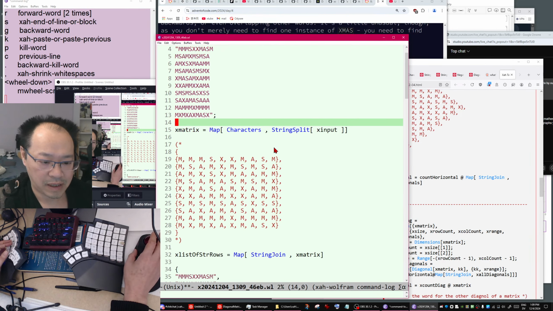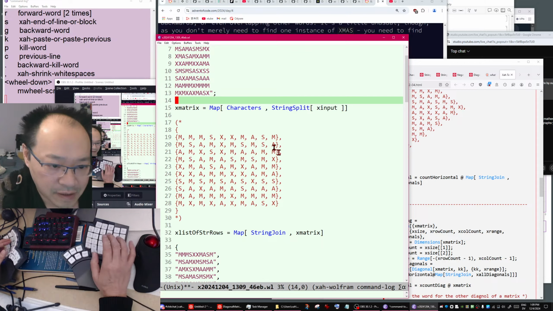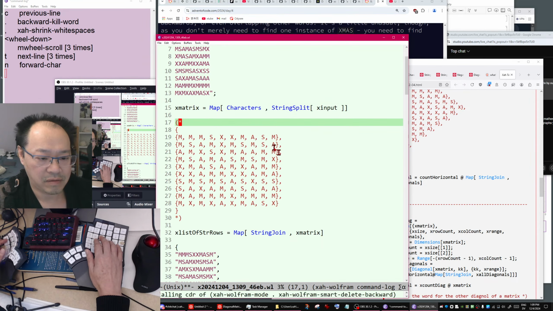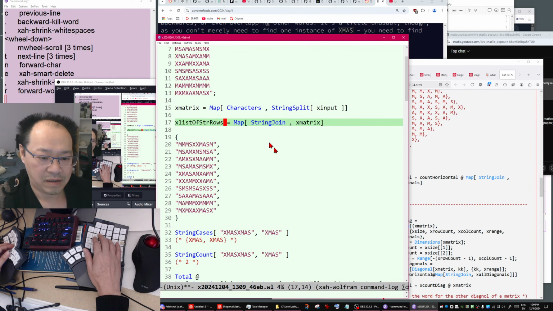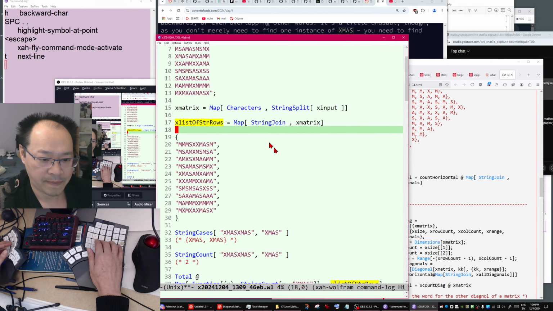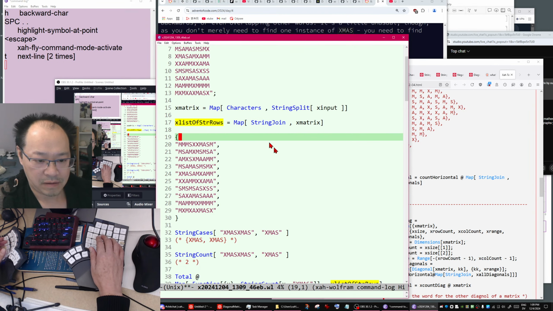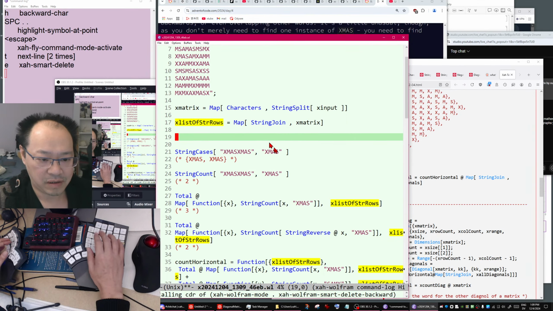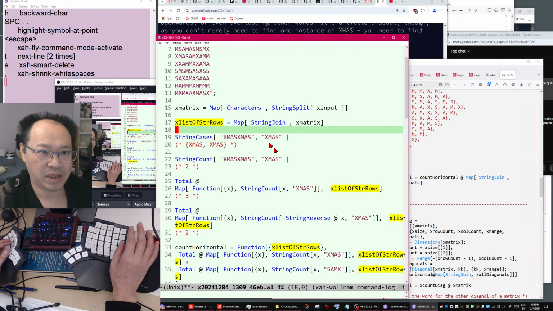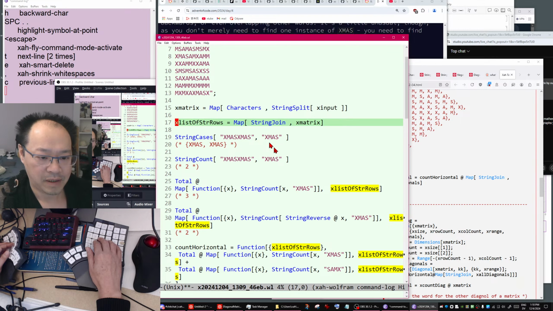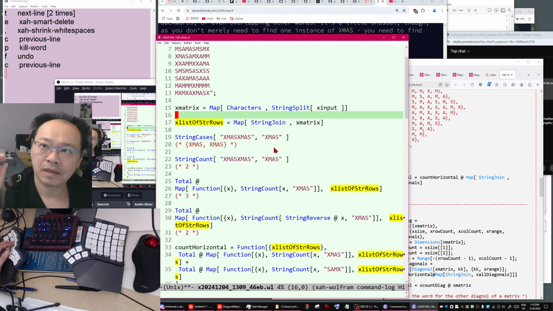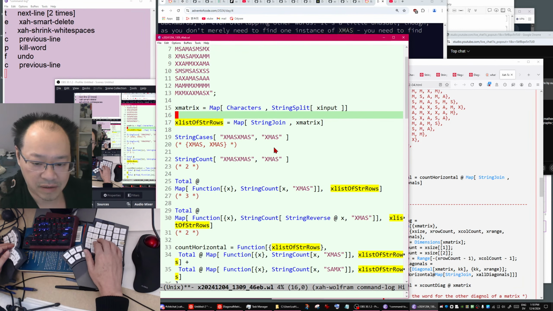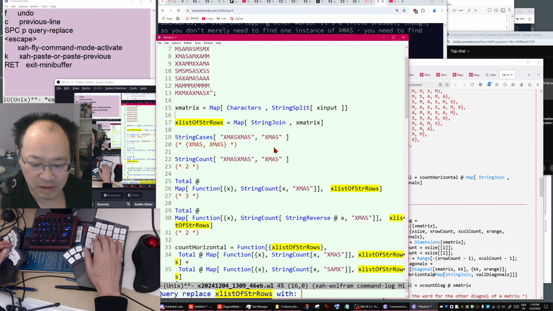You don't need that. List of rows, list of strings. Actually change your name. List of strings. Yeah, you can change name, just list of strings.